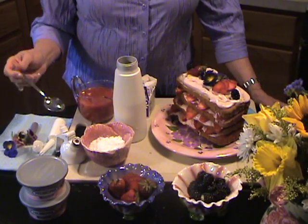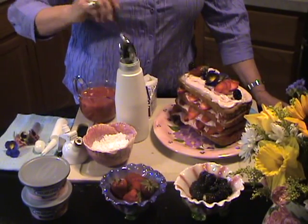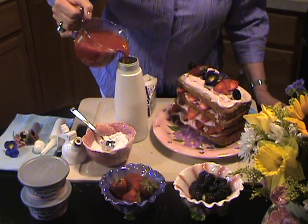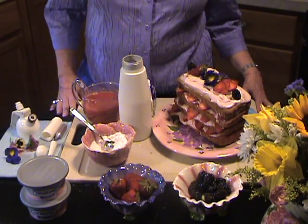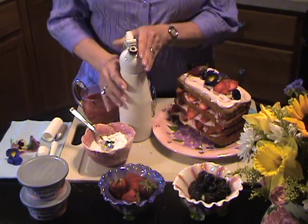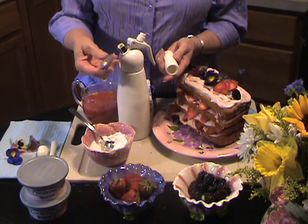Then you can add all kinds of things, but I'm going to add about 3 tablespoons of powdered sugar, and a splash of that wonderful strawberry puree that we made earlier. Next, I'm going to show you how this little gadget works. First thing I'm going to do is screw the top on once I have the cold cream and the flavorings inside. Then I'm going to take this little gadget and put the CO2 cartridge in there,